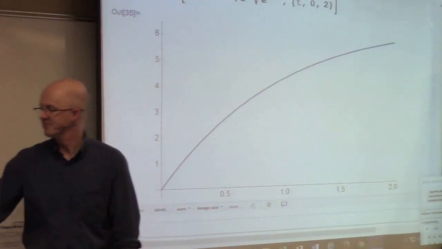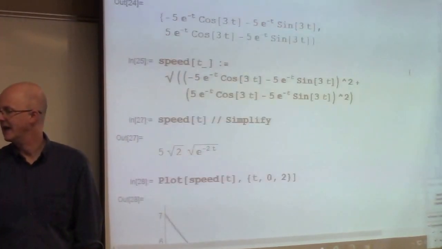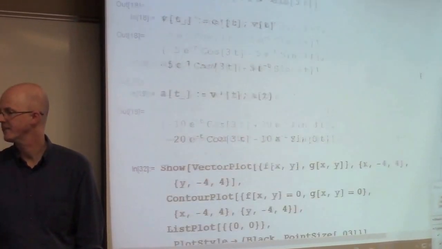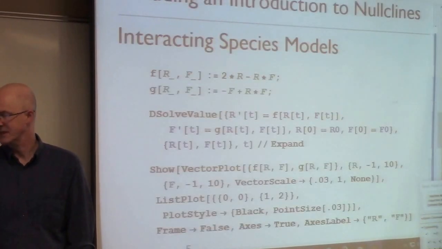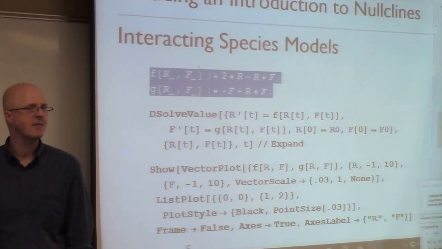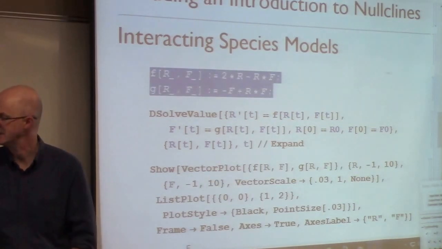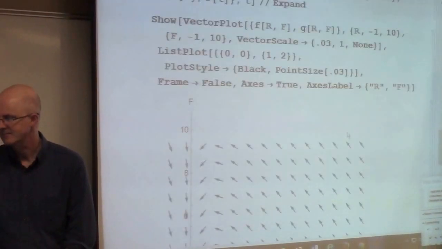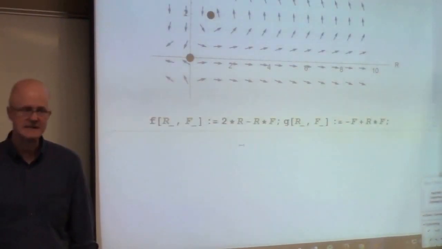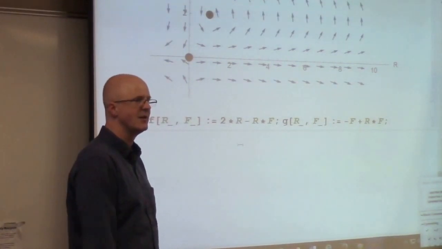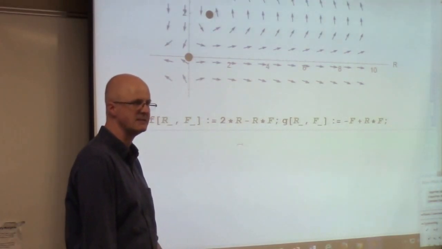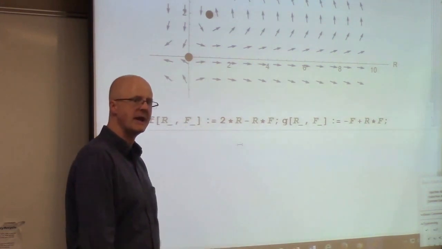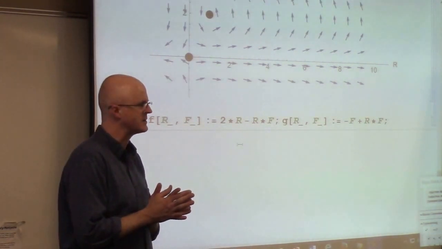With the time we have remaining, let's do an interacting species model again. This was a predator-prey model. Let's do a competing species model. So these things are right-hand side functions for a couple different species equations, the dR/dt and the dF/dt. R was rabbits and F was foxes before. But maybe we pretend the, what did I say? We should do cooperating or